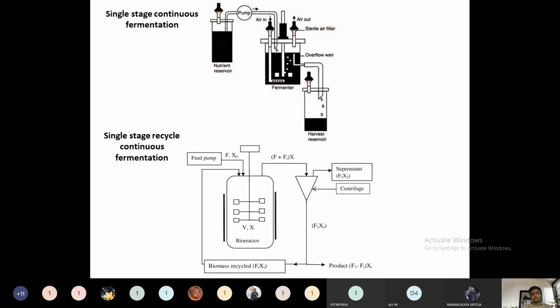The single stage continuous process is one in which a single fermenter is present. This is the nutrient reservoir, which is nothing but the media, or we can say food for the microorganisms. Whatever food is in the nutrient reservoir is collected into the fermenter using a pump. So in the fermenter itself, whatever the